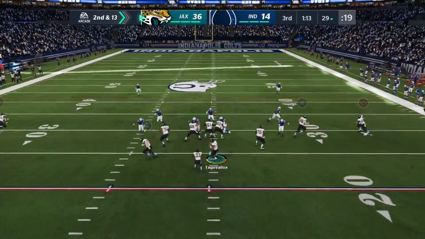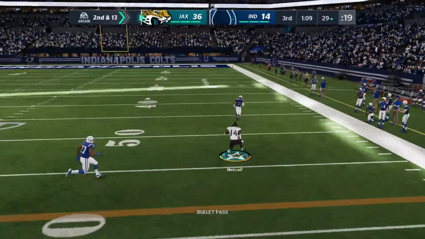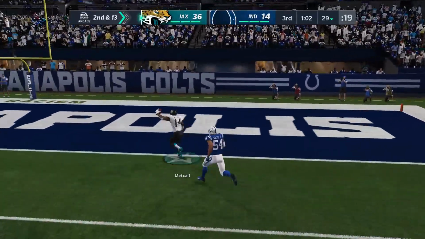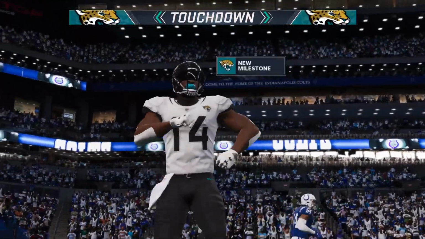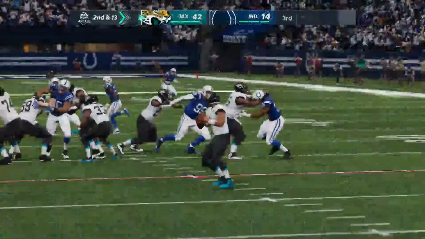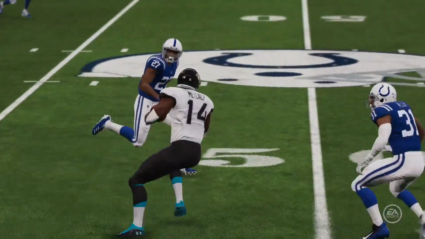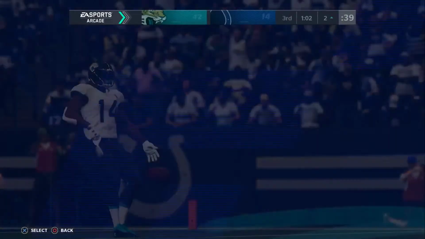Tua wants to throw it on 2nd down. Receiver complete. Touchdown, Jaguars. DK Metcalf, 71 yards. And the Jaguars add on to their lead. Brandon, remind me again, this is a rookie quarterback we're seeing? A rookie indeed. I mean, because my...